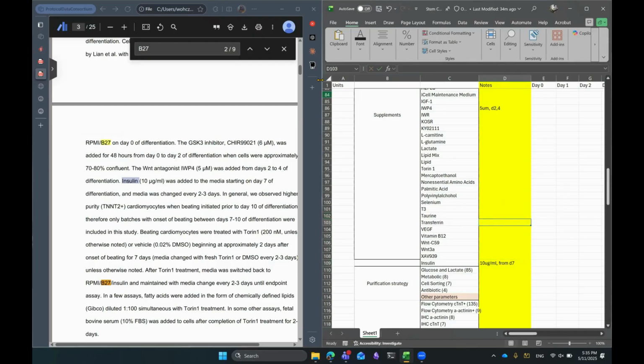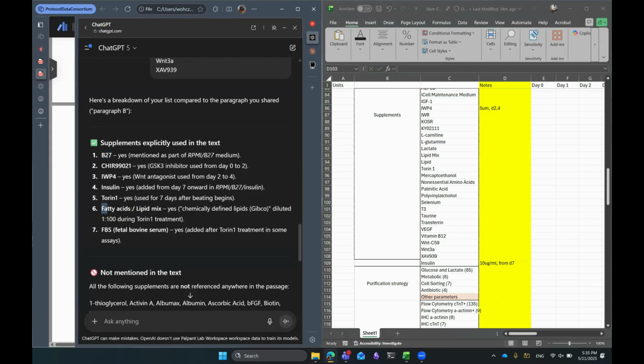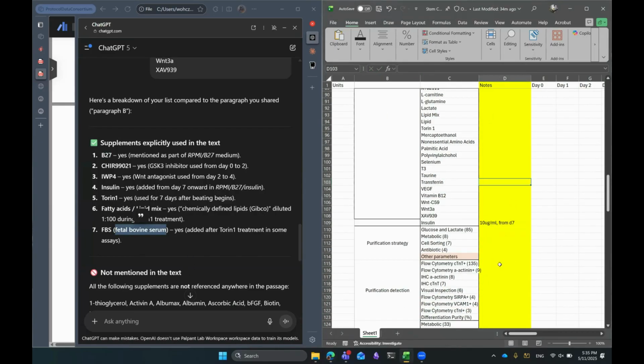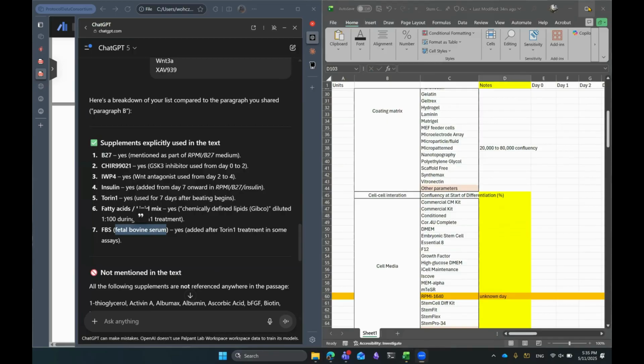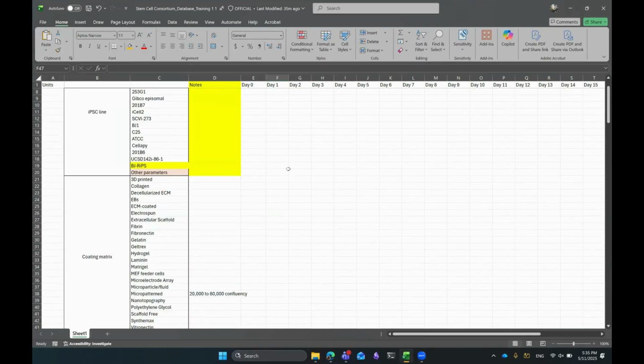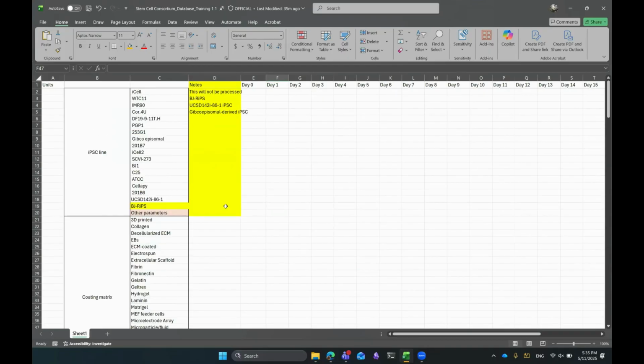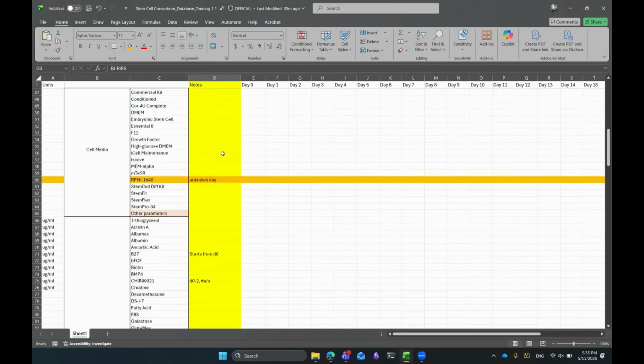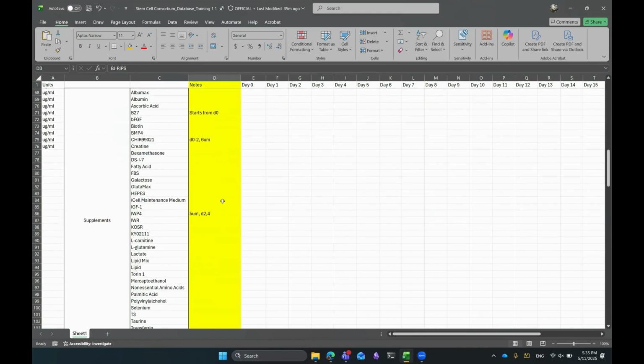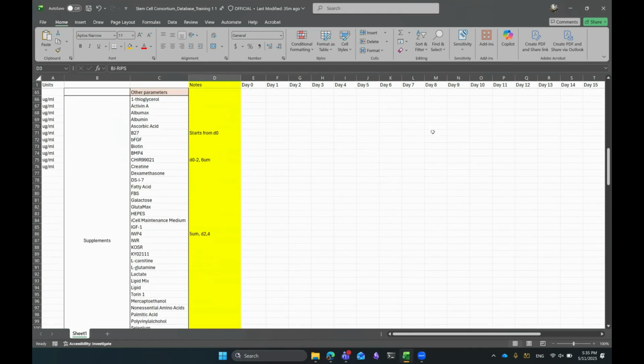Okay, so I'll just stop here, but you can see that there are actually other supplements that were used. This is also a supplement, pretty common. And I'll just stop here and check my database. So I know that I need to revisit this coding matrix later, but just based on this information, let me skip the cell line for a bit. Unknown day. In terms of putting this into the right side where we're going to process the data, the algorithm